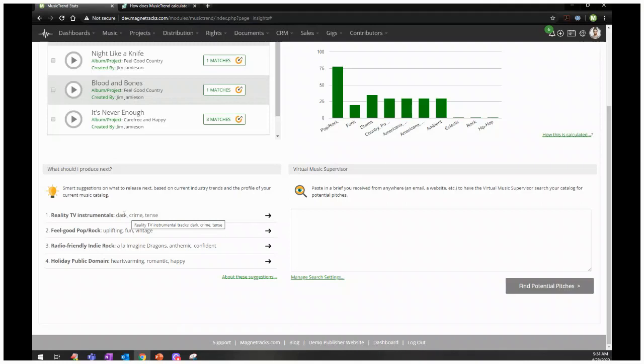Okay, and so we've got a few other suggestions here that are based, again, on what people are asking for and what I probably can pull off. If you want a little bit deeper explanation about how that's derived, then you just click on this link to go to that article. Virtual Music Supervisor is interesting because, of course, not all opportunities come from the A&R services